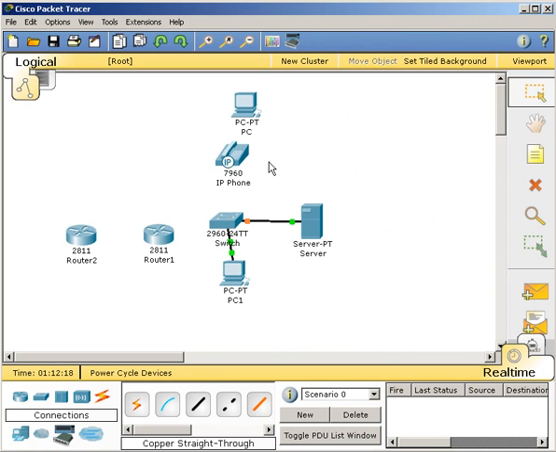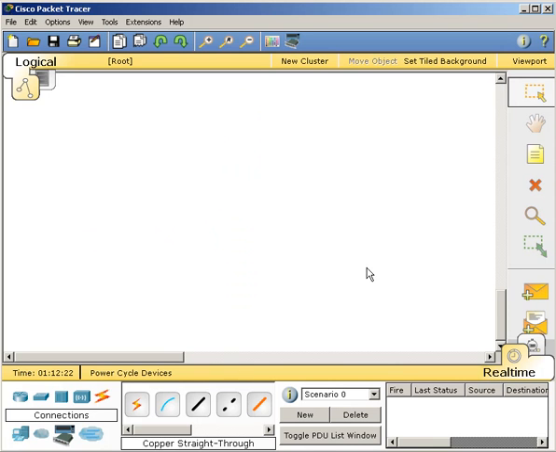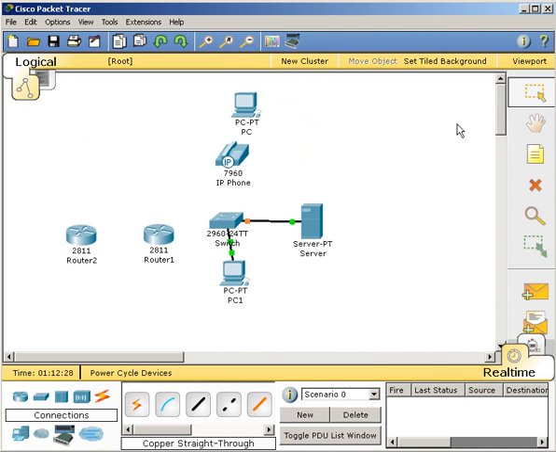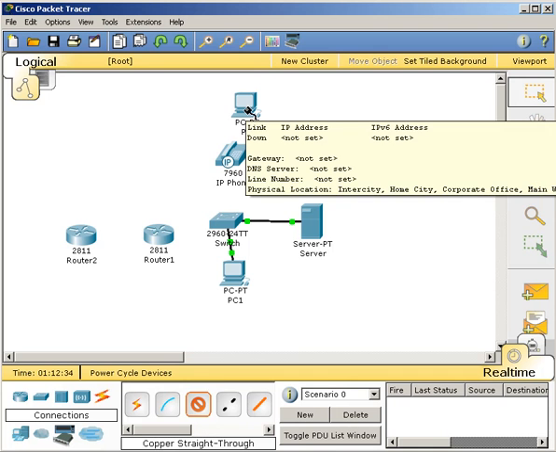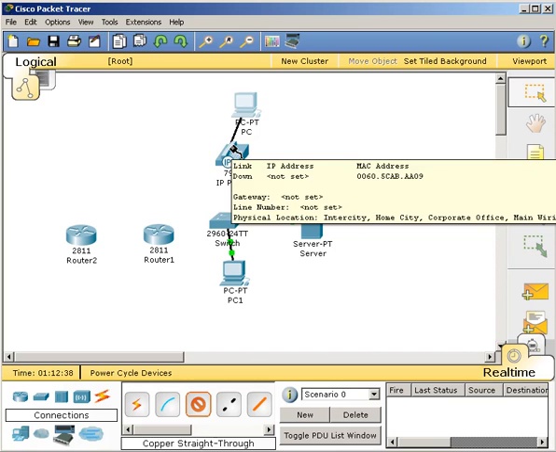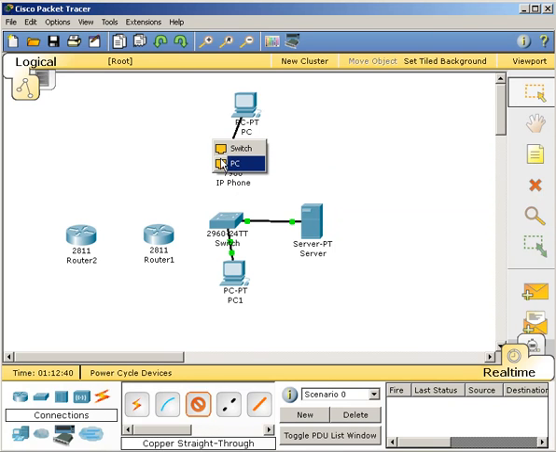The phone has multiple ports, so let me highlight the phone port here, and we'll just do that straight-through. We'll connect the PC Fast Ethernet to the PC port